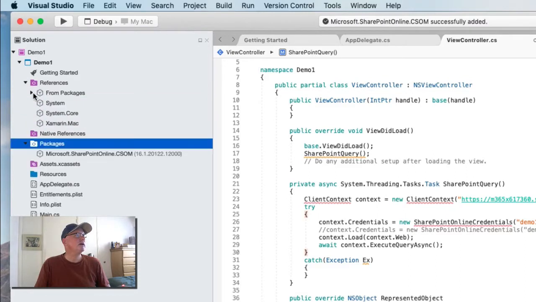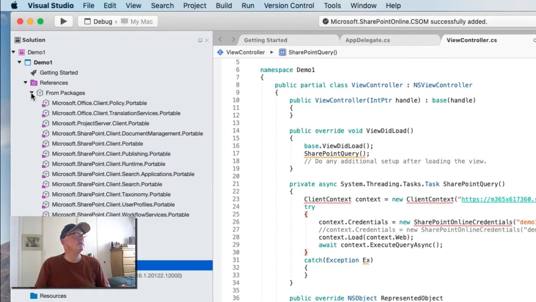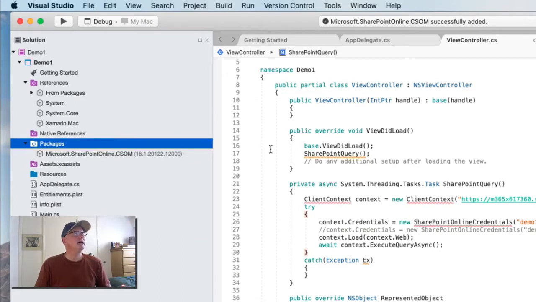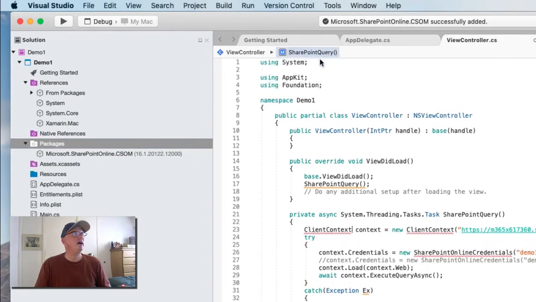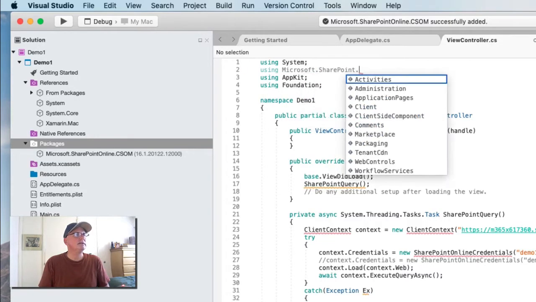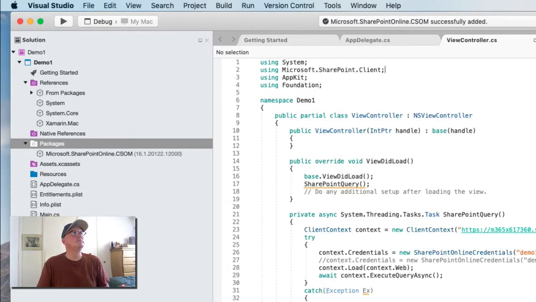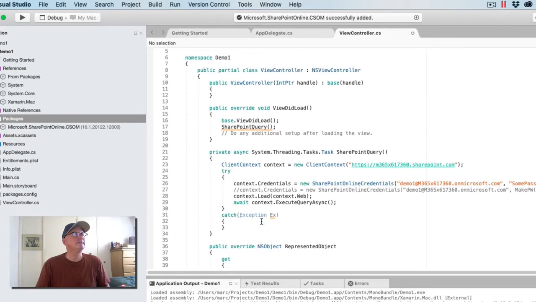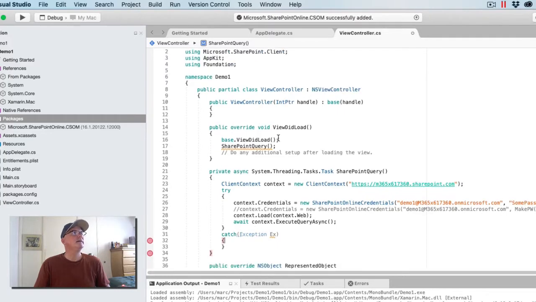There it is there. And if we look in references, those are the references, which is great. And these are still in red because we need to add Microsoft SharePoint client. And they all went away. All right, so let's add some breakpoints. I put this try catch here because I know from previous attempts that this will cause an exception, but let's pretend we don't know that, and let's go ahead and run this. Start debugging it,